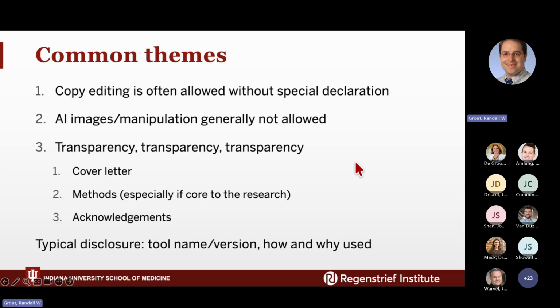The typical disclosure involves saying what tool, the name of it, the version of that, and how and why it was used. Some of the publishers have an example I'll show a little bit later on. I do want to add in my own little opinion editorial there: when you are disclosing it, it doesn't need to be in an apologetic way, kind of being guilty or fearful of using it. If you're using it and using it well and honestly, and you're representing your own work, then just disclose it straightforward. It doesn't need to be long, but be honest about that.